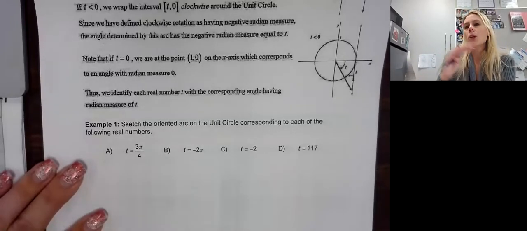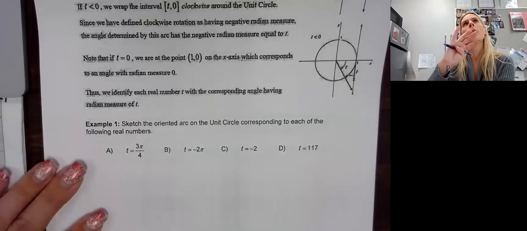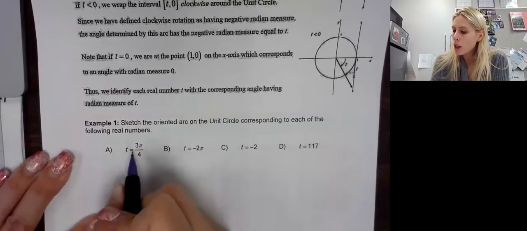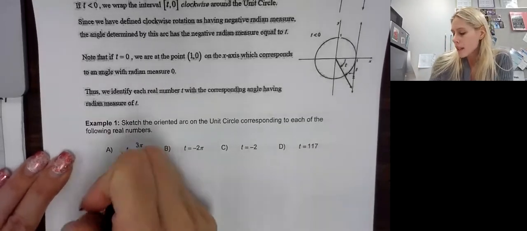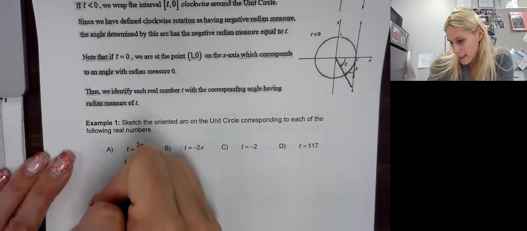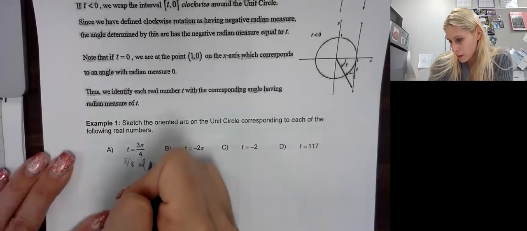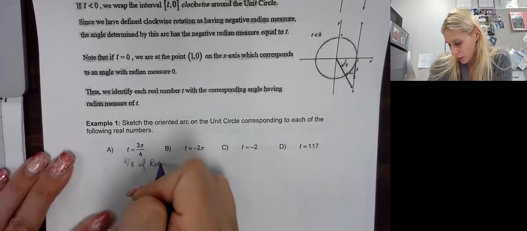So what we're going to do is make sure that we're realizing the rotation of it also. So 3 pi over 4 is 3/8 of a rotation. So when we look at the unit circle,